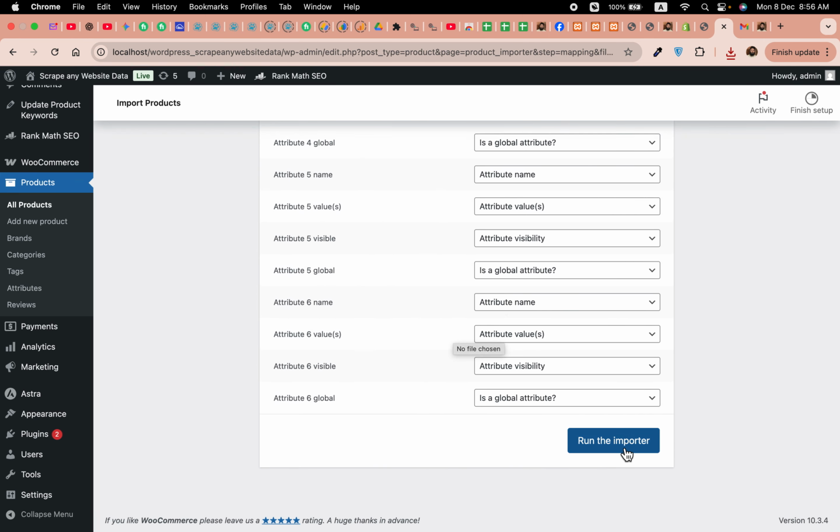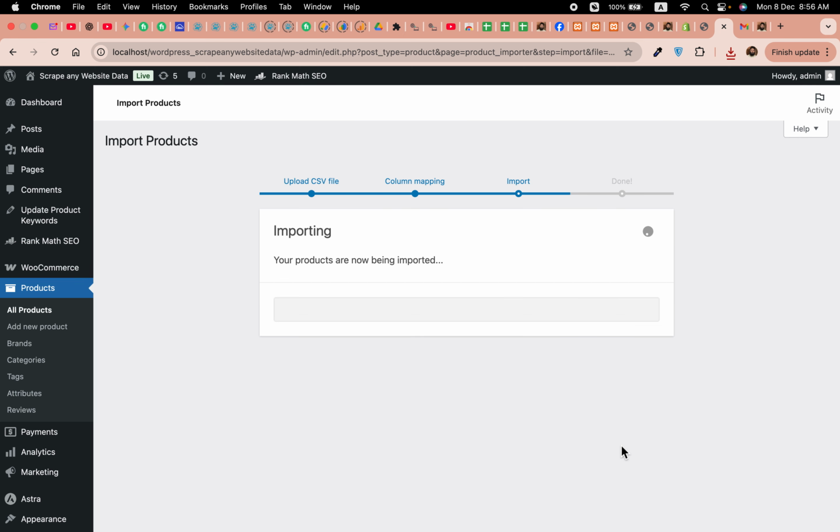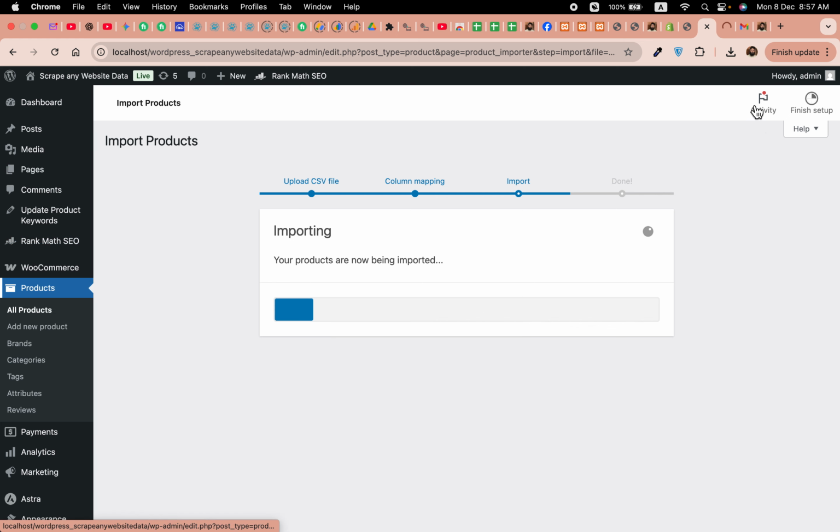Okay, now scroll down to the bottom and click on run importer and wait while it adds all these products one by one, including the images, the variations, short description, prices, and categories. Everything you have in the Shopify will be completely converted to WooCommerce CSV. While these products are adding, you can open this page in a new tab to see the products